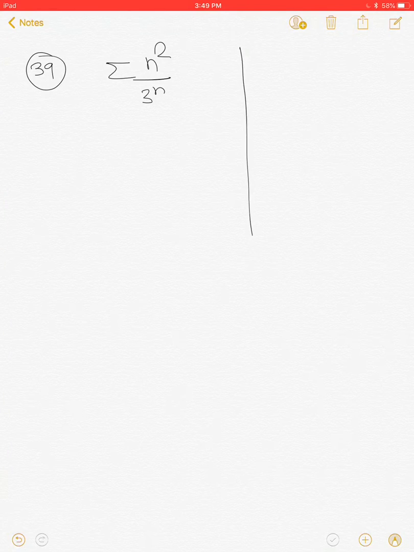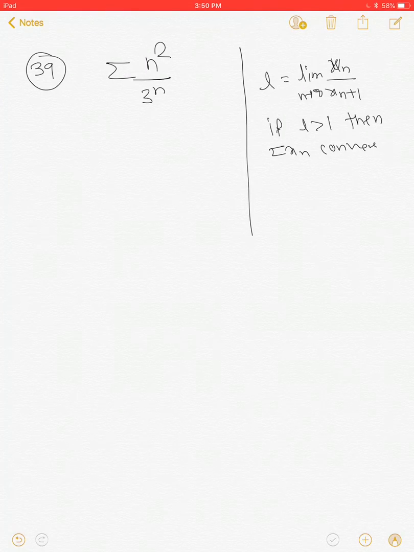Let us start with solving question number 39, that is, test the convergence of the given series n square upon 3 raised to the n. We can apply the ratio test here. We know that if xn is the nth term of a positive term series and L is equal to the limit of xn upon xn plus 1, that is, the ratio of the nth term to the n plus 1 term, as n tends to infinity, if L is greater than 1, then the series is